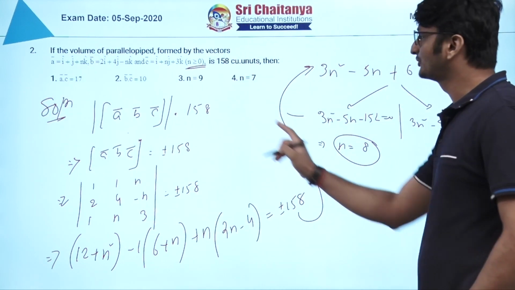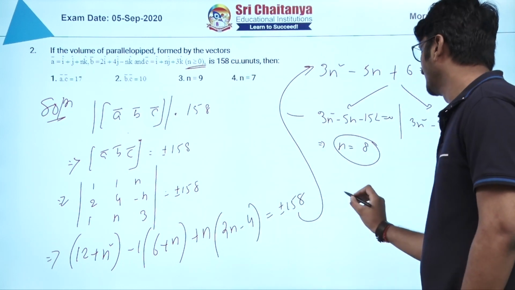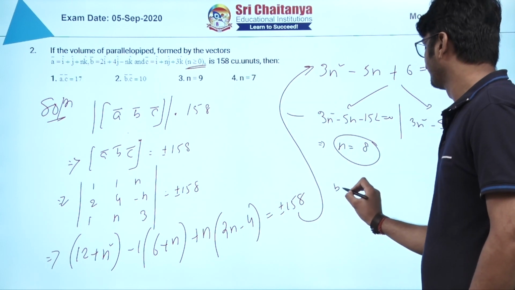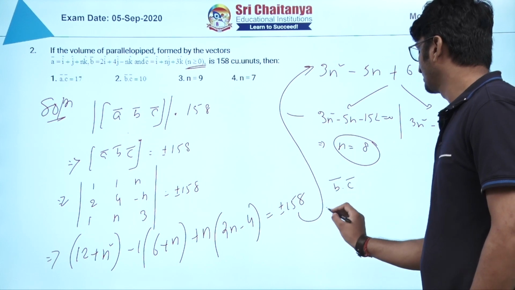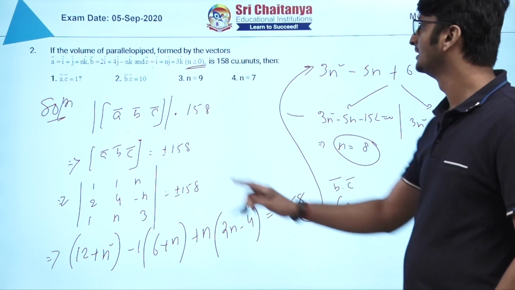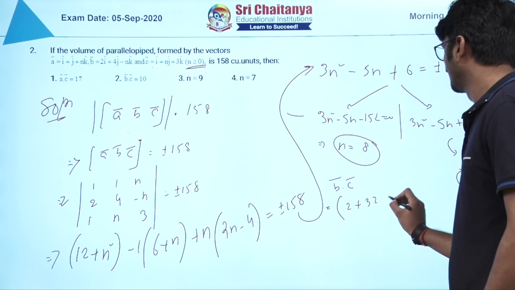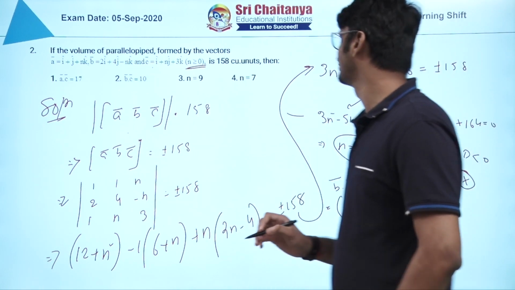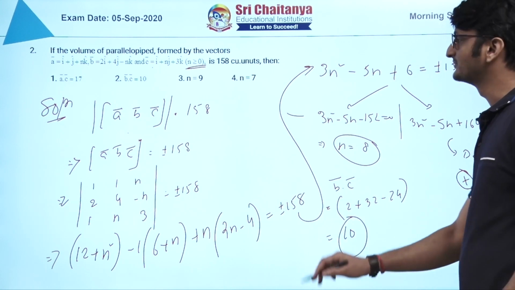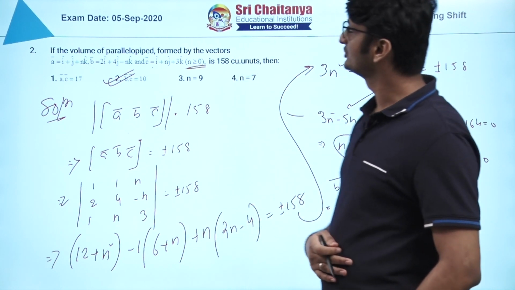Okay, fine. Let us see what is b dot c. Similarly you can see for option number 1 also. Here I am checking option number 2, b dot c. B dot c is what? Just check it out. 2 dot 1, it is 2, 4 into n is 32, n into 3 that is 24, minus 24 I am getting. So, it is nothing but 10. So, yes, option number 2 has become correct. Let us move to the next question please.